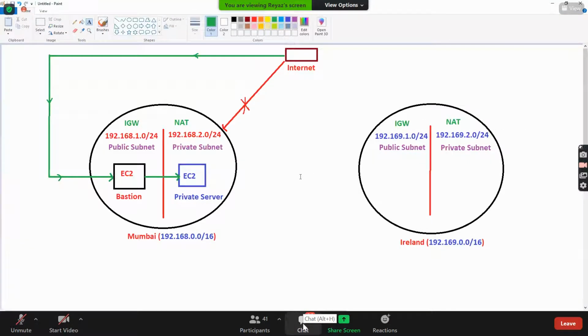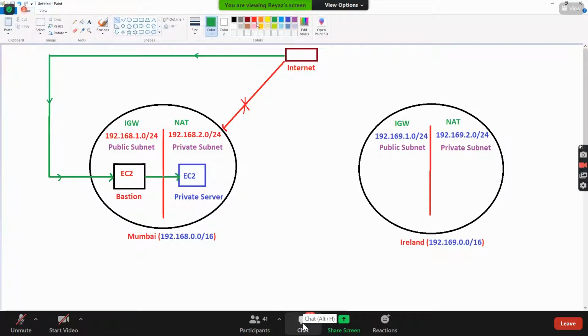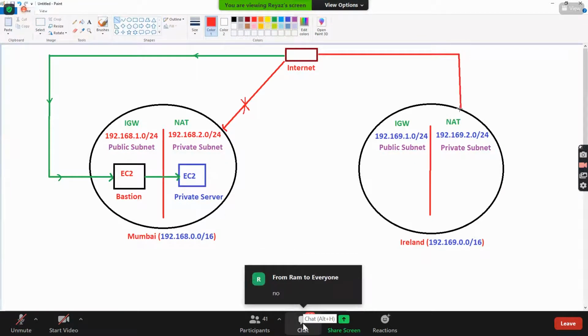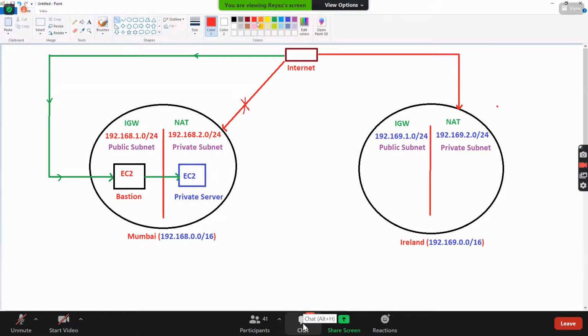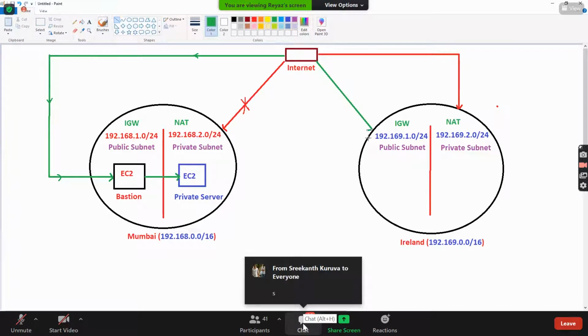Now you tell me, is it possible to connect directly to the private subnet? No, we don't. Is it possible to connect directly from the internet to the public subnet here? Yes, it is possible.